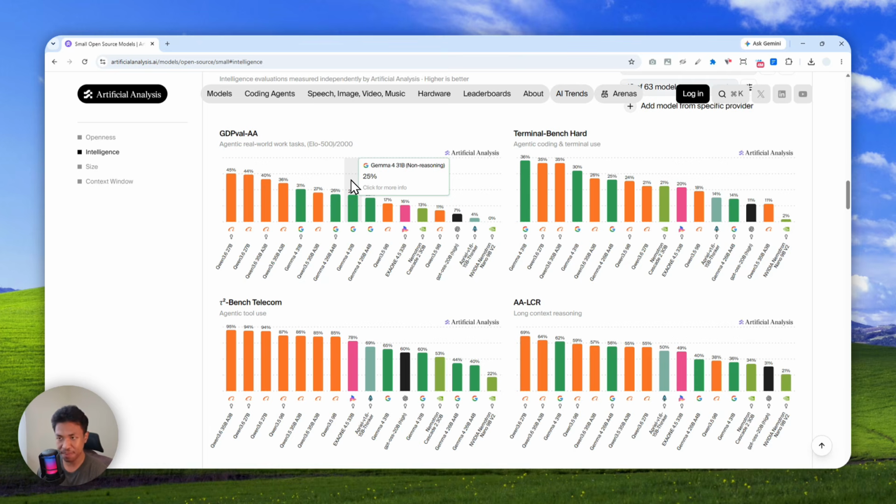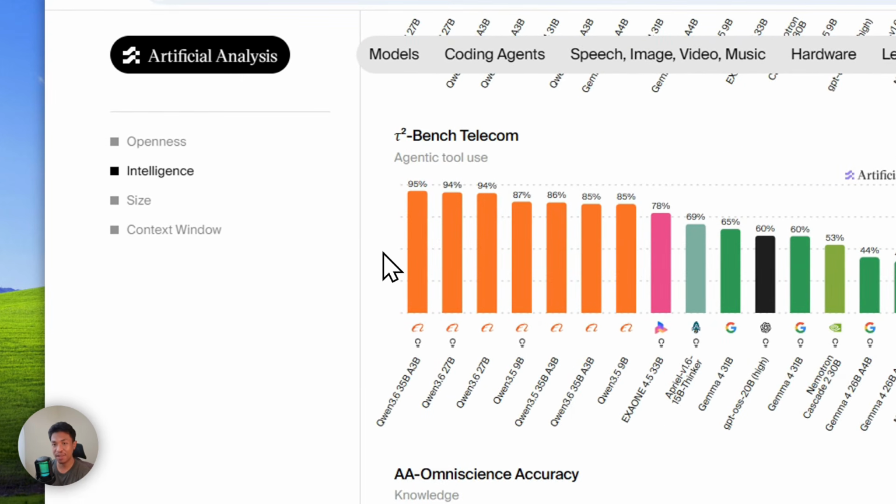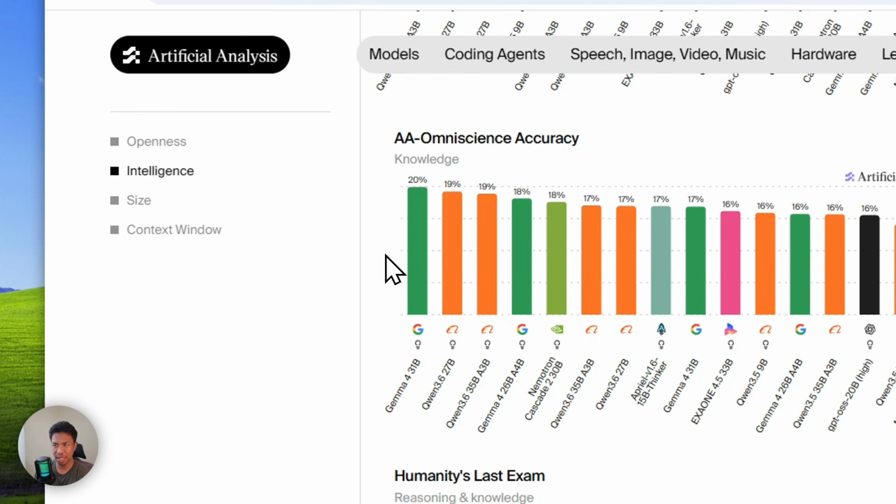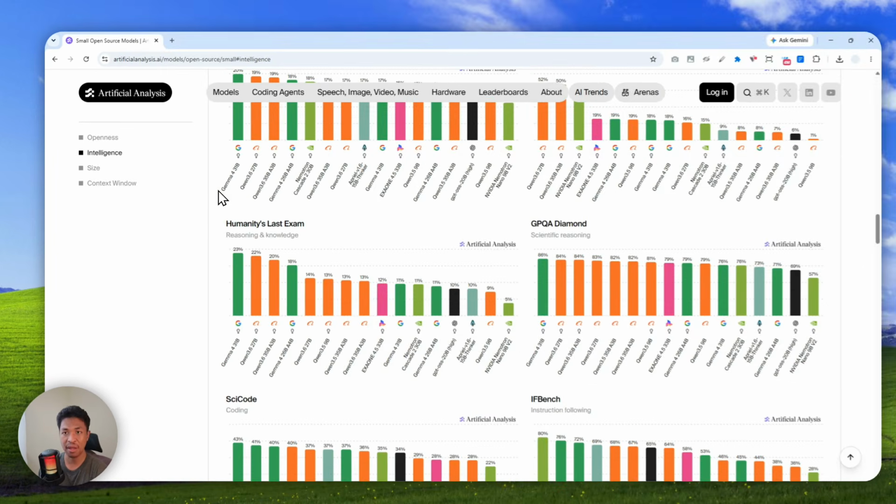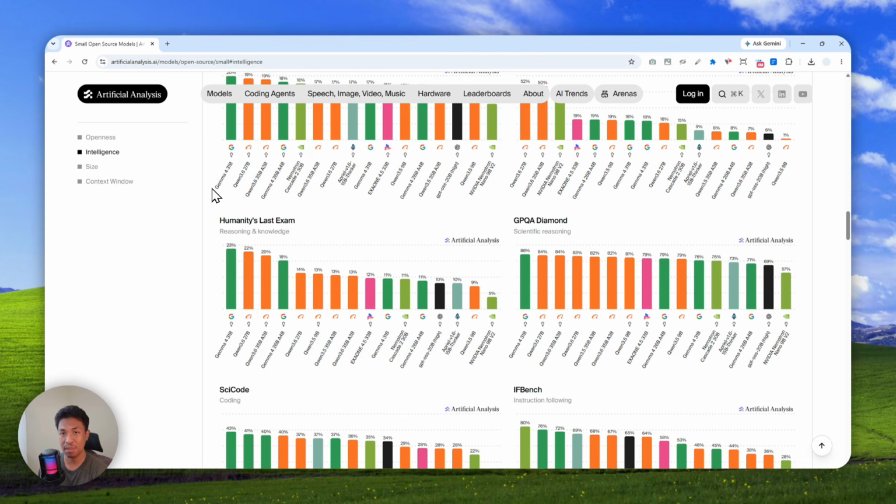Now, just to be clear, we are dealing with models with a lot less intelligence, and they're not as flexible. Usually when you're using some bigger models, you can provide some little prompting, some not so clear instruction, and usually it can fill the gap. But with smaller open source models, we don't have that privilege. But still, with the right strategy, I think we can make the local models a lot more capable, a lot smarter and reliable when it comes to performing some tasks like lightweight coding or some agentic tasks locally